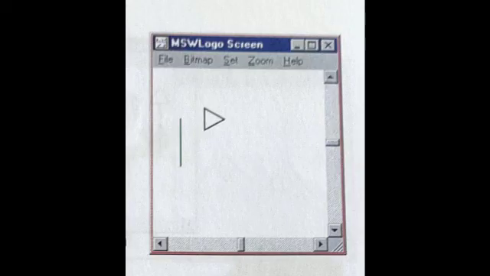Next is the Set Pen Size command, which sets the pen size of the turtle. The size is specified in terms of height and width. The format is SETPENSIZE, space, then square bracket, number 1, then space, then number 2. Height and width: number 1 is height and number 2 is width.